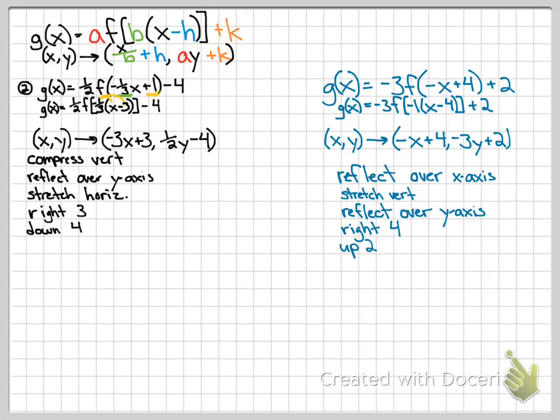And here they are. Negative in the very front, reflect over x-axis. 3, stretch vertically. Negative in the middle, reflect over y-axis. -4, right 4, plus 2, up